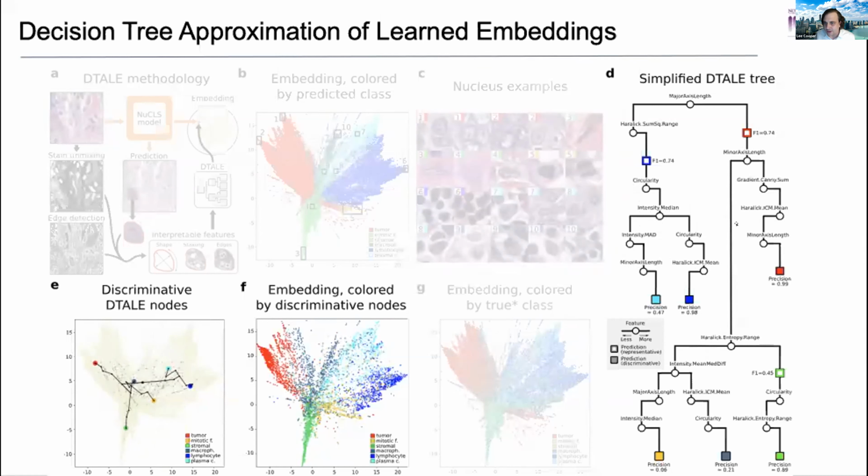If you go down the right branch of this tree, what you see is that some of the other differences in terms of determining tumor versus stroma are the minor axis length. So tumor cells tend to be large and oblong, whereas fibroblasts and stromal cells tend to be more spindle-like. And so the minor axis length is really what's being used to distinguish tumor cells versus stromal cells. So this type of approach, I think, can be used with any kind of supervised learning. And it just lets you model a deep learning algorithm with a tree, which I think is a neat approach.